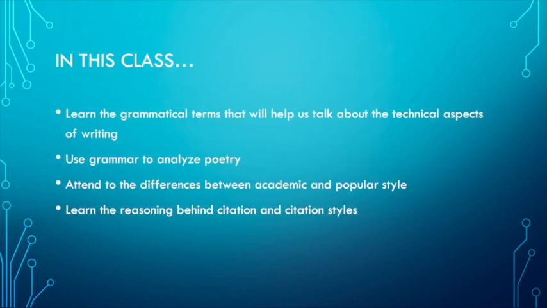And so what we'll be doing in this class is to learn these grammatical terms, and those terms will help us to talk about the technical aspects of writing. Once you understand what subjects and verbs do, you start to be able to recognize and deploy them in different ways. You begin to be able to recognize how they are grammatically subordinated sometimes and what that might mean for complex and compound sentences that have a kind of complicated grammatical use to them, and what is the right way to put those things together.